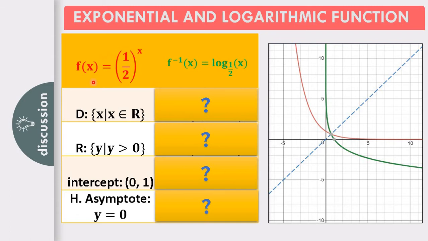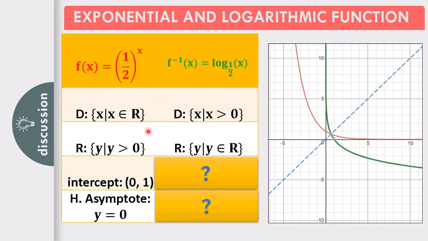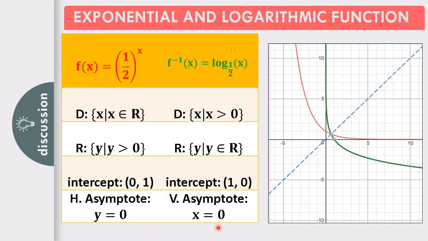So next we have f of x equals 1/2 raised to x. Its corresponding inverse logarithmic function, f raised to negative 1 of x, equals logarithm of x to the base 1/2. So again, interchange. The range and the domain will interchange. So the domain of the original, the set of all real numbers, will become the range of the inverse. Then the range, 0 to positive infinity, becomes the domain. The intercept (0, 1), interchange them, we have (1, 0). And the horizontal asymptote y equals 0 will become the vertical asymptote x equals 0.